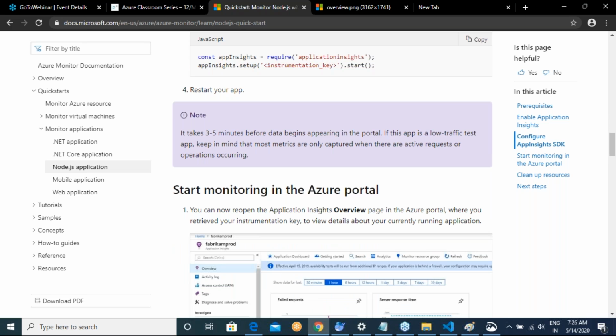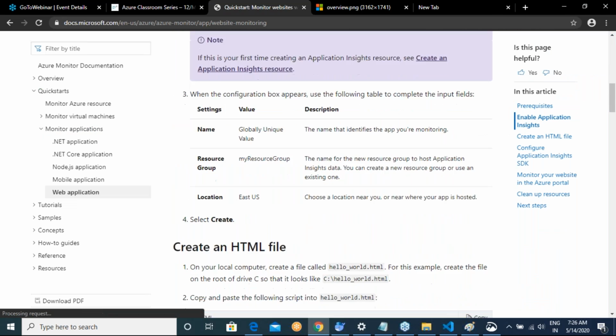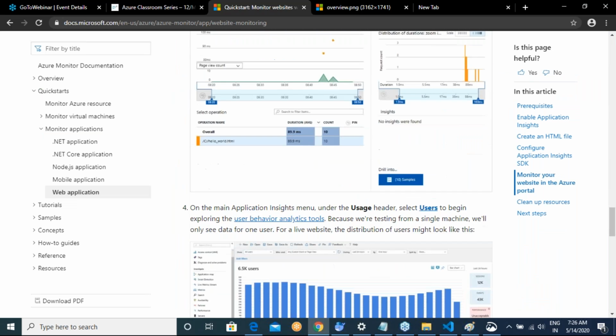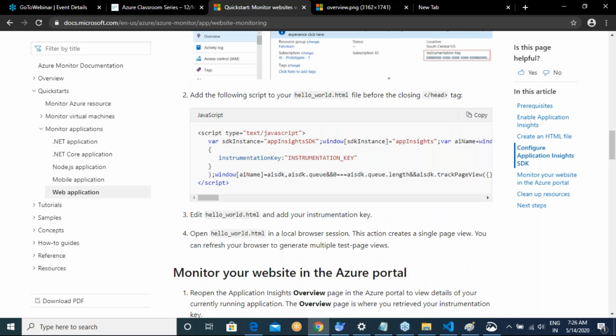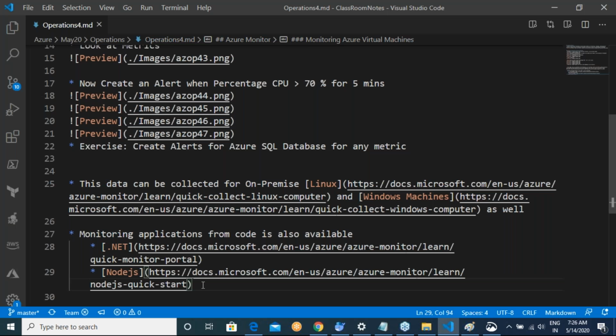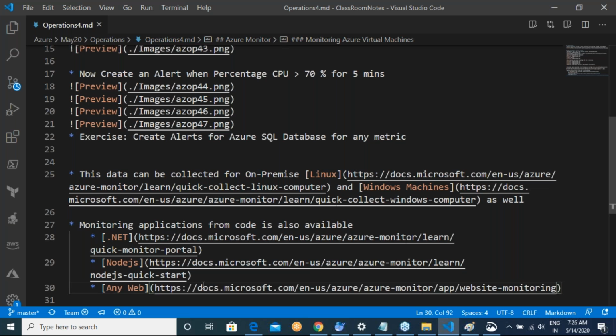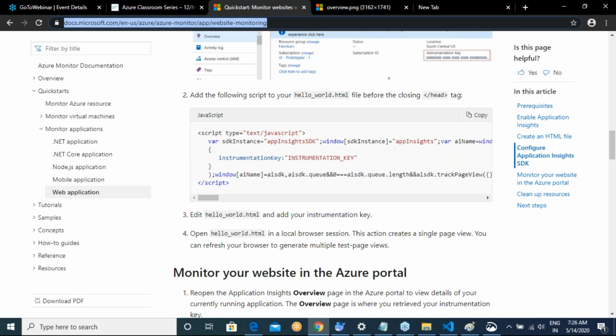I'm not showing this in detail, because if you come from a non-programming background, all of this might sound like, why do I need to look into all of this? There is no need for you to look into all of this, but the whole point is you can enable your application insights from anywhere, even directly from HTML, which is straight away JavaScript, for any web application.